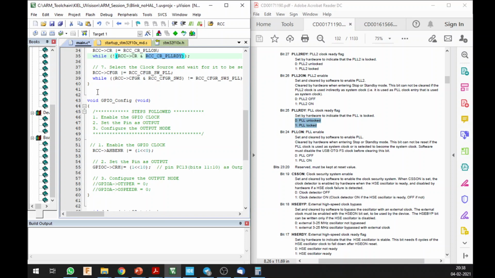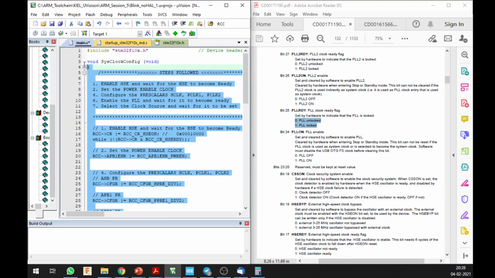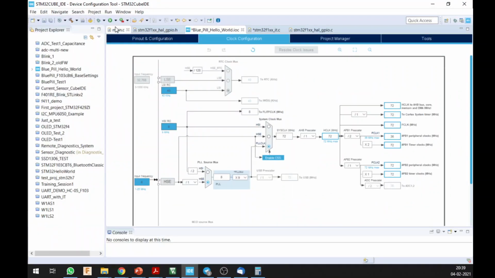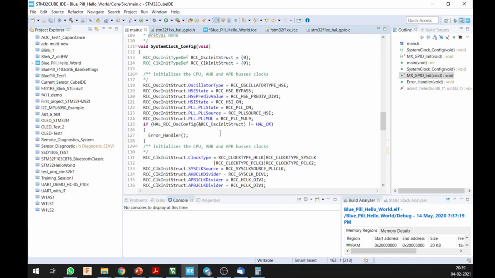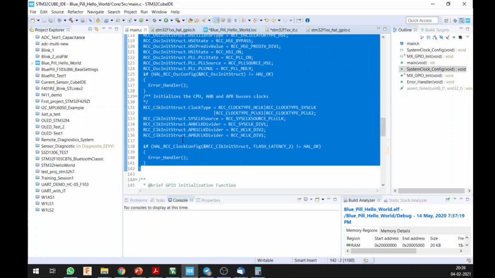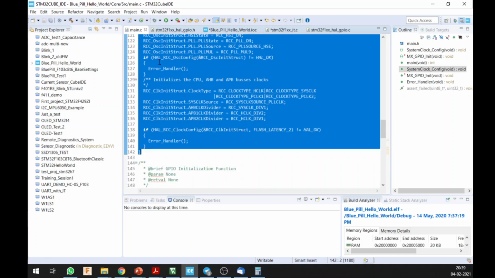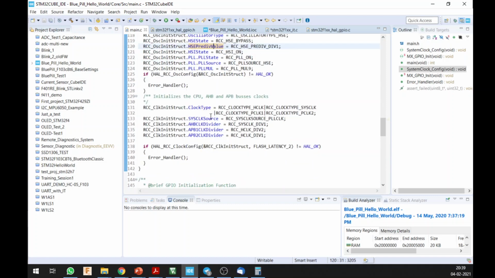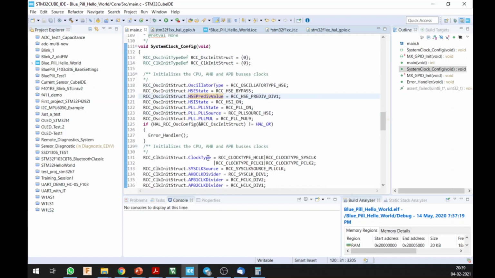Alright, so till here we have just done the preparation work for setting up my clock, and this was equivalent of this particular section in your main.c file. So this was system clock config, and all these things that we wrote over there were all equivalent of setting and resetting these parts. You have your prescaler dividers, you have your clock type, you have your multiplier struct. So all of these are there in the struct, and you just invoke the struct particular element. Over here you use the dot notation.